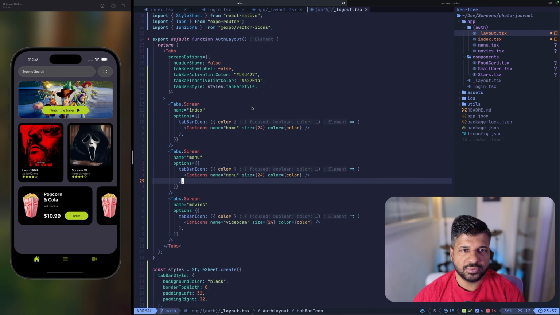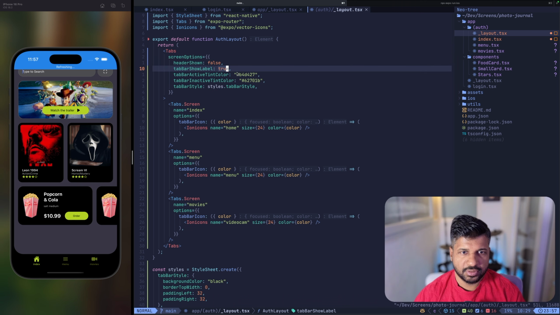The important thing to note here is the screen options which I have put for the tabs. I have made the header false, and also tab bar show label is false. If you change this to true, you will see the tab bar icon labels. I did not want the label to be there, so I have made it false. Then we have active tint color. The active tint color is when the tab is selected. So the green highlight color which you're seeing is the active tint color, and the inactive ones are the menu